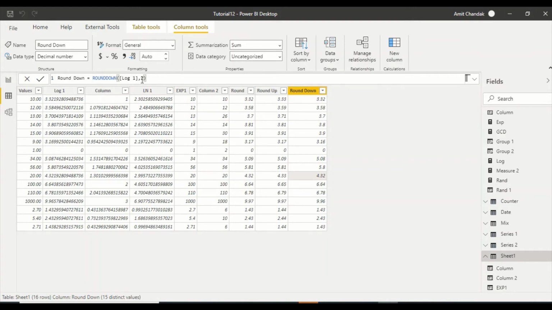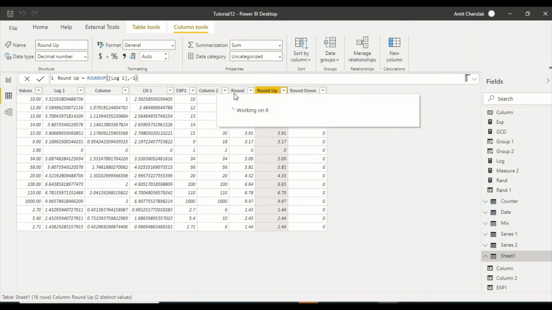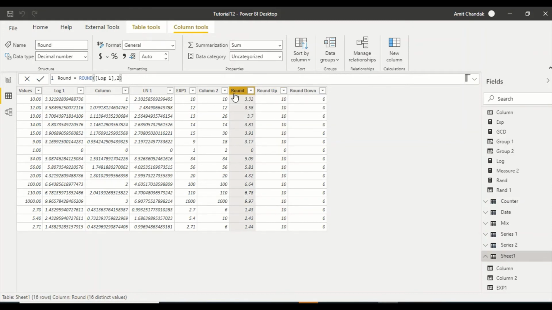Now let's go ahead and try -1. Let's try -1 here, and let's try -1 on the round up also, and all three we are going to take round. And again we are going to get similar kind of results, and you can see. Okay, fine. We have not set this as -1. Let's set this as -1.